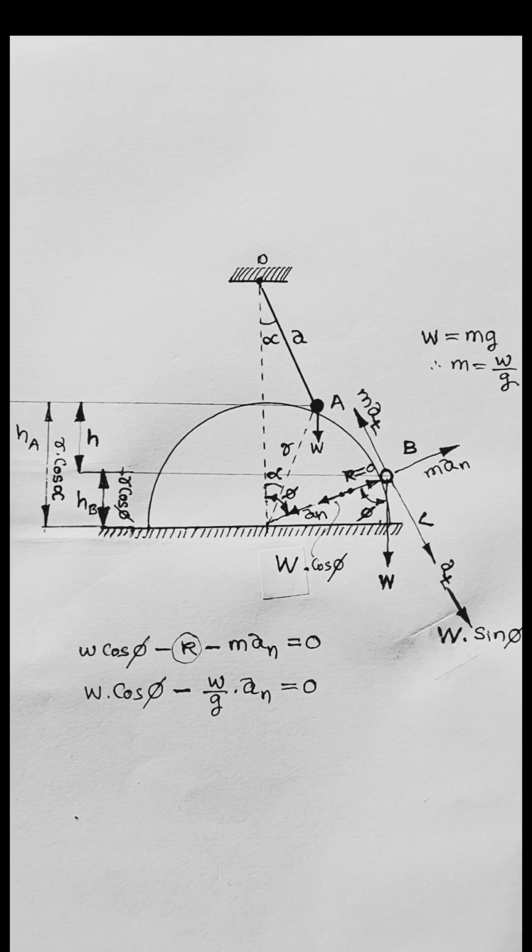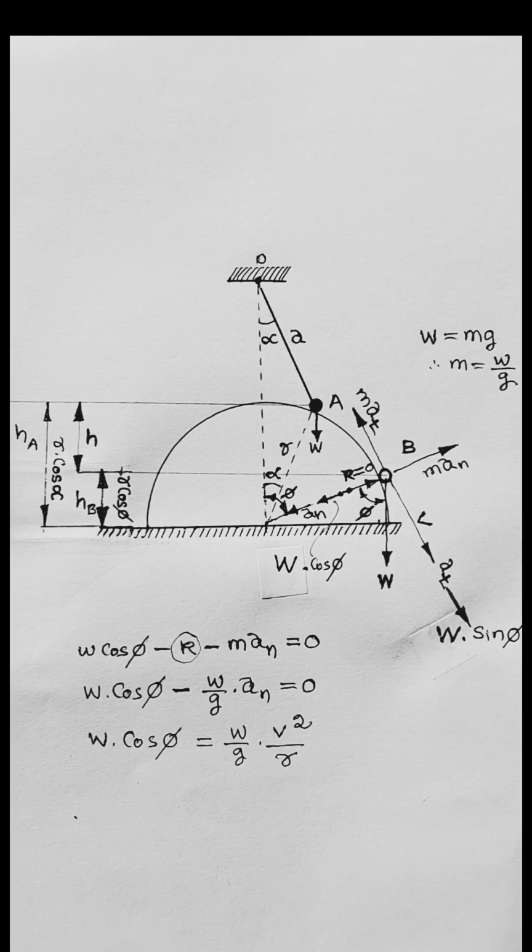Normal acceleration an of the moving particle in curvilinear motion is the function of tangential velocity v. We can estimate that normal acceleration by following v square by r. When you substitute in this equation an as v square by r, we can get